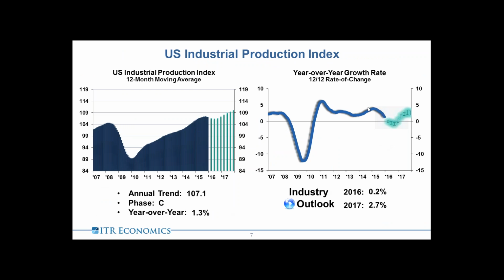You can see that very clearly by the fact that this blue line, which represents the 12/12 rate of change for industrial production, is in a declining pattern. Our forecast is that the headwinds that I mentioned earlier, things like the strong US dollar, low commodity prices, certainly including oil, and weak emerging market growth, are really significantly affecting this particular barometer of the US industrial economy. In fact, our forecast calls for a contraction in the first, second, and third quarters of this year,